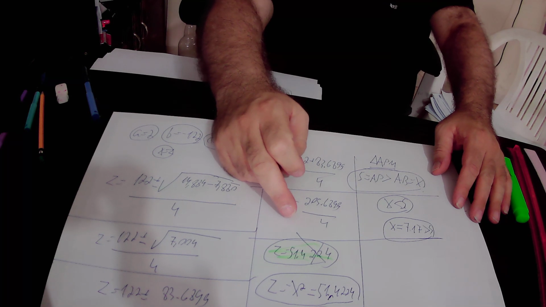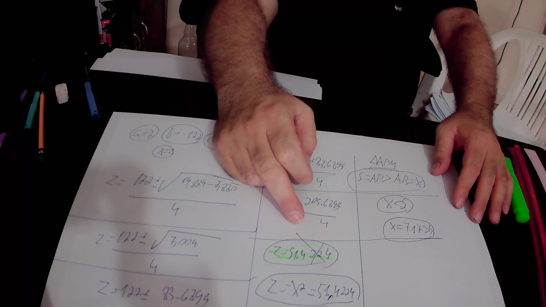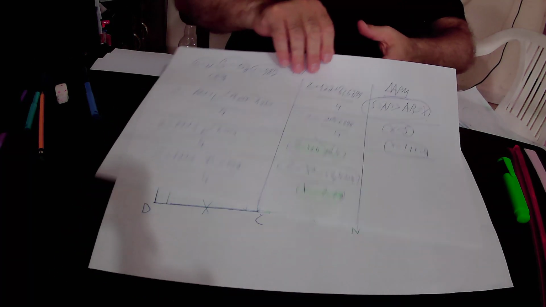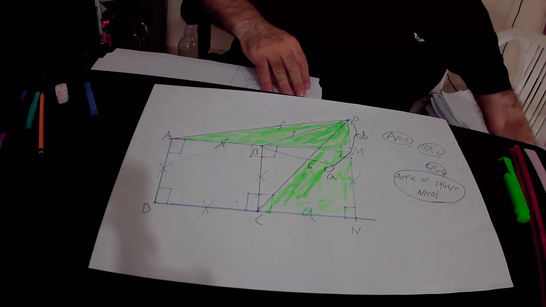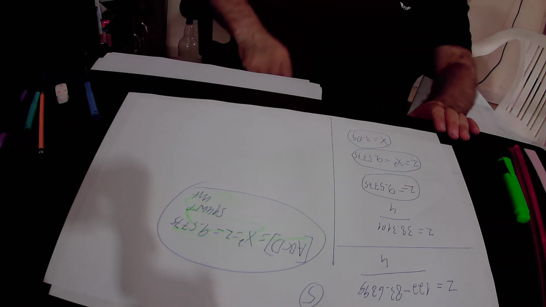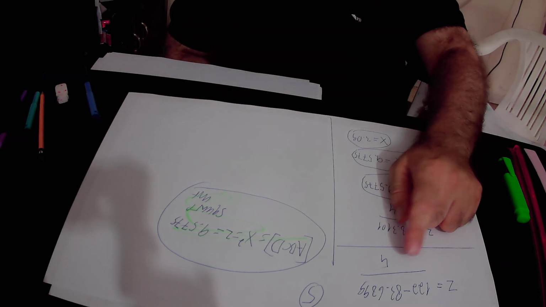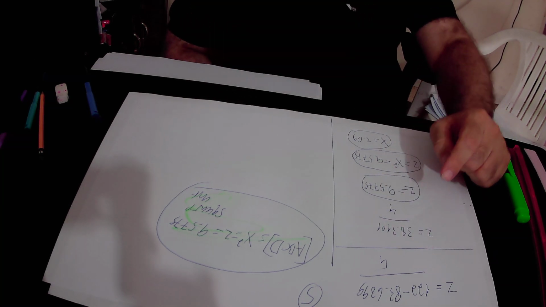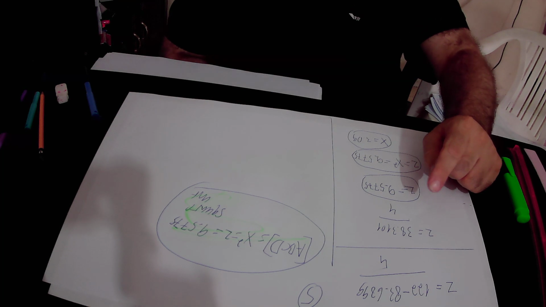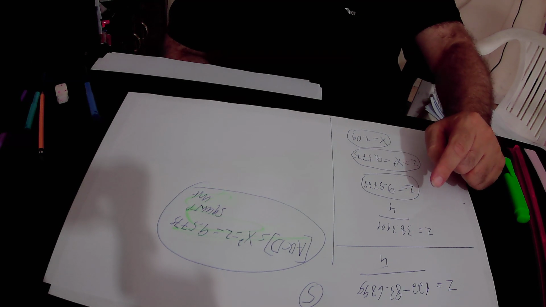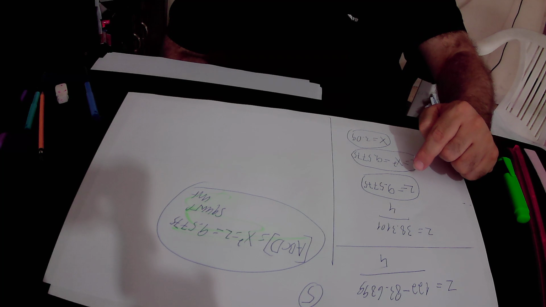That is to say, z cannot be equal to 51.4224 units. And we focus on the second solution for z of the quadratic equation. According to the second solution, z equals 122 minus 83.6899, over 4. So 122 minus 83.6899 is 38.3101, and if we divide this number by 4, we get that z equals